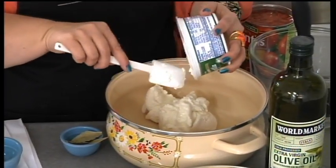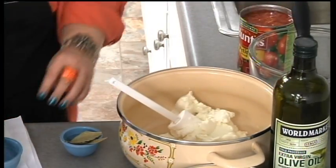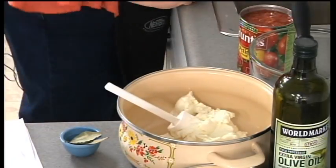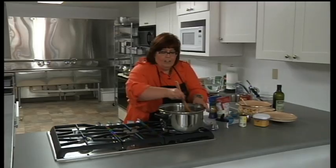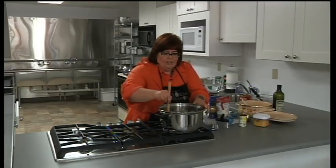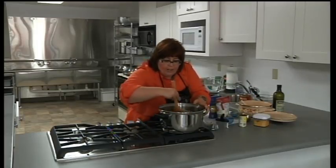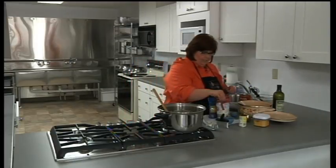Some recipes, if you see them, sometimes they just have ricotta in them. That's not quite enough for me, but I'm going to put in a cup of mozzarella. I'm checking on my meat. It's still going, and it is not having a lot of grease, so I'm not happy about that. Actually,